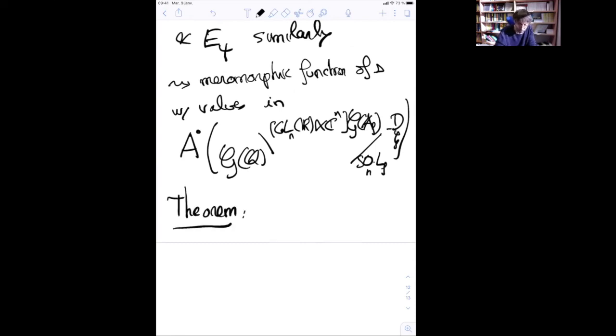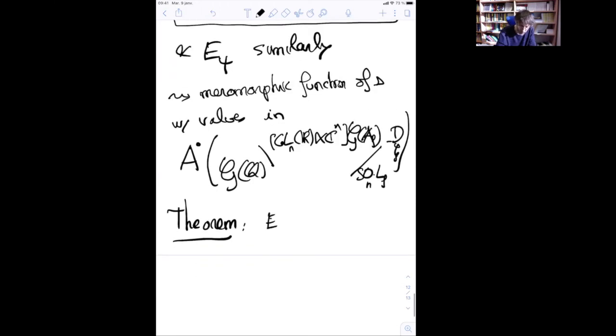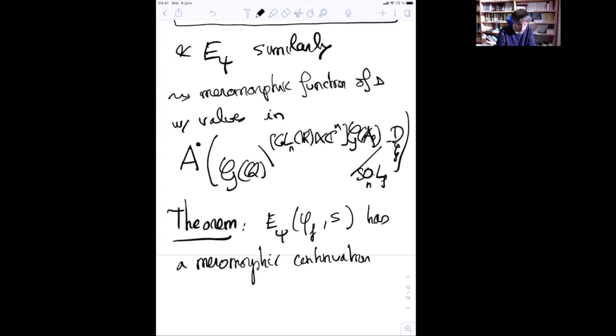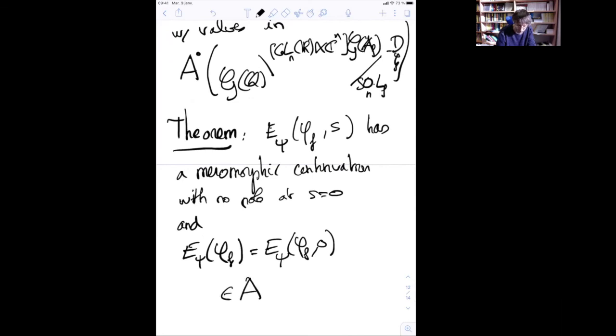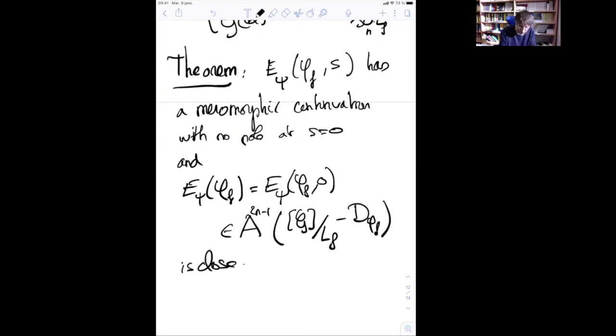So the theorem is the following: ipsi of phi f at S, sorry, I start with ipsi phi f S has a meromorphic continuation, with no pole at S equals 0, and what I will denote ipsi of phi f, which is really ipsi of phi f at 0, is now a form of degree 2n minus 1 on this quotient here minus the divisor. It is closed, and